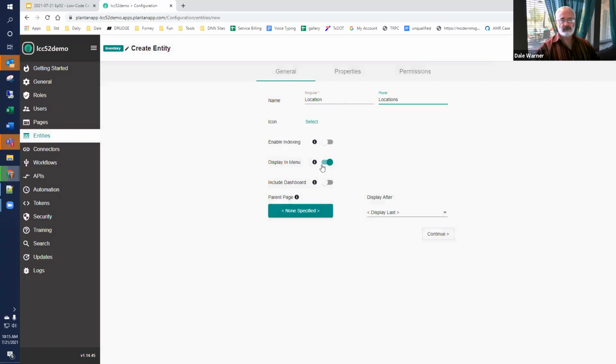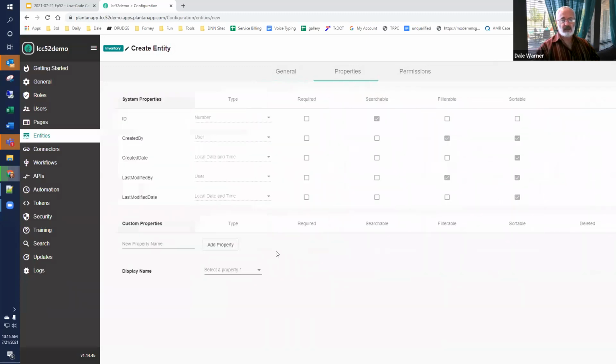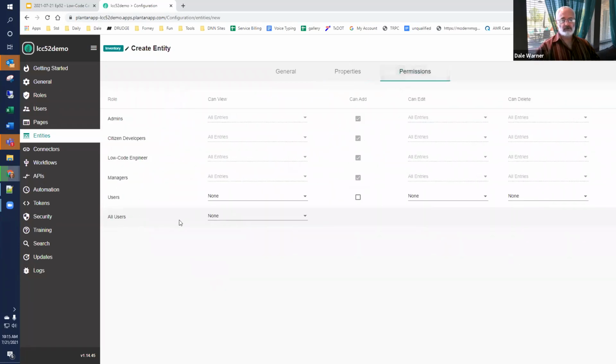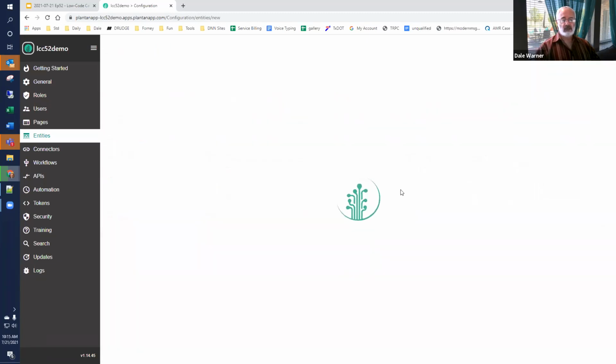Plural, and we do want this in the menu. I'm just going to keep this all very simple. I don't need a dashboard. And the only property I'm going to need here is the name of the location. So we're going to select that as the property, and sure, we'll make it sortable. And then from a permissions standpoint, we're going to say that all users can view all entities. We want to make sure that this information is accessible to people who are unauthenticated in our system. So we'll save that and